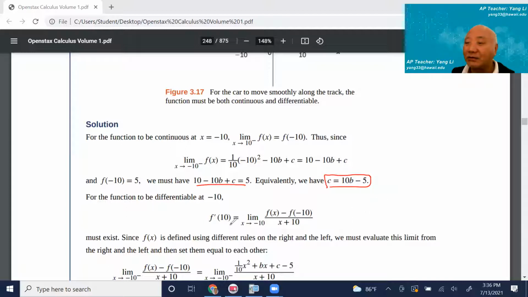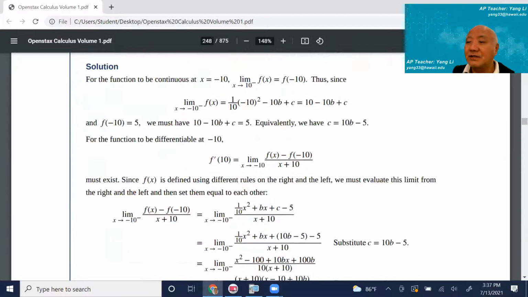And the other one, we do what? Derivative at x equals -10. Be careful here, okay? Derivative at x equals -10 because they have f(x) minus f(-10), no problem with that, divided by x plus 10. Actually, this is x minus -10, right? That's the definition of derivative. No problem with that. And then after this one here,